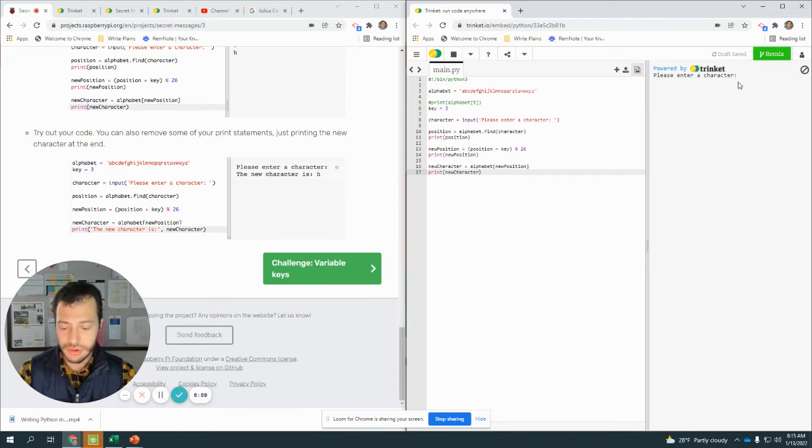If we enter the character F over here, it starts on place 5, moves to place 8, and at place 8, it is the letter I. If we run it again and we type the letter Z, it shifts over to become the letter C, as I mentioned before. If I do the letter A, it'll shift 3 places and become the letter D. So now that we were able to encode a character and get a new letter as a result of it,